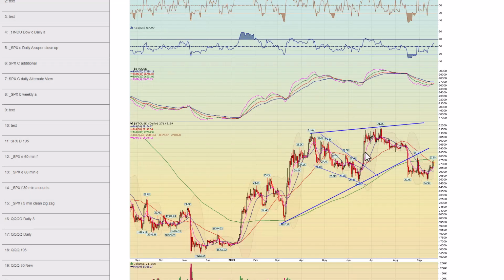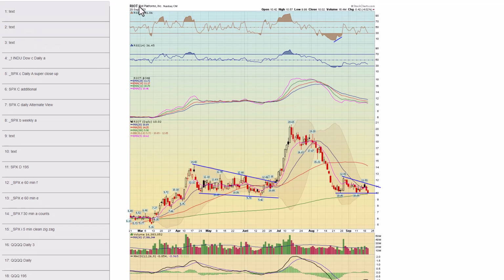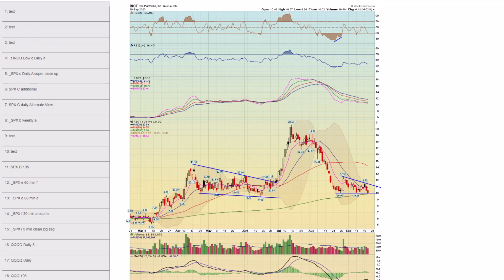Next, chart 57, here's Bitcoin, just kind of chopping around here, quite honestly. Next, chart 58, here's Riot, one of the Bitcoin type stocks. Got a big support here right around the 200-day moving average. If it loses this, though, it could let loose. So this could also be shorted below here.